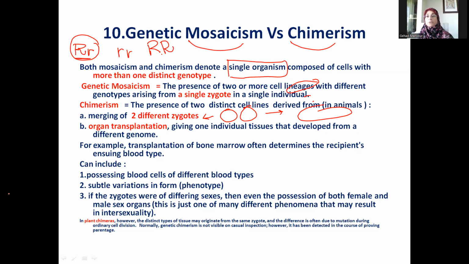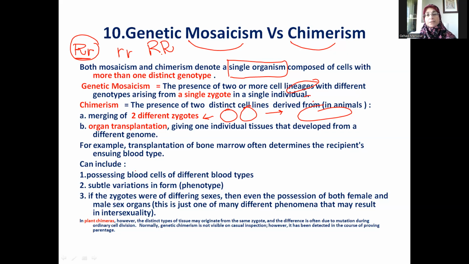In such a case, the origin is different. It's not a single zygote where you have two cell lineages, but they are two zygotes that fuse together, and therefore every zygote is coming with its own lineage, or it's two organs that are being fused together because of